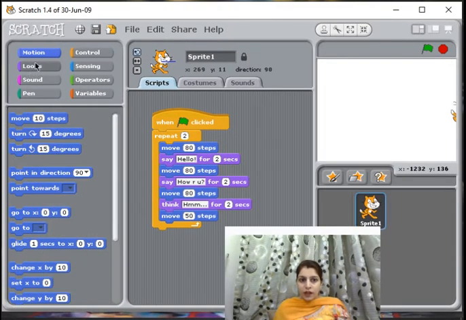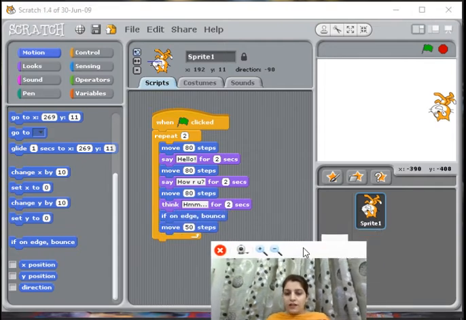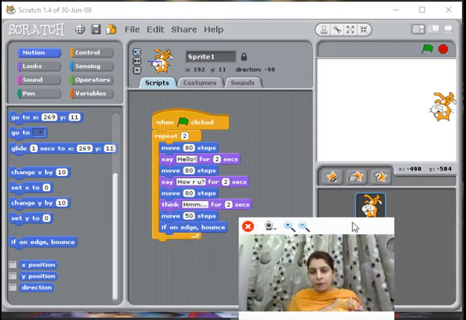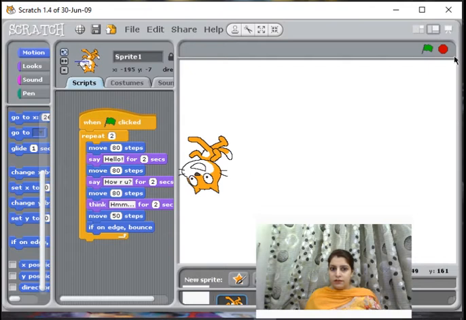We can introduce if on edge, bounce. I told you in the last tutorial also. So if on edge, it will come back and then it will again repeat the same thing. So it's if on edge, that's why it has turned now.